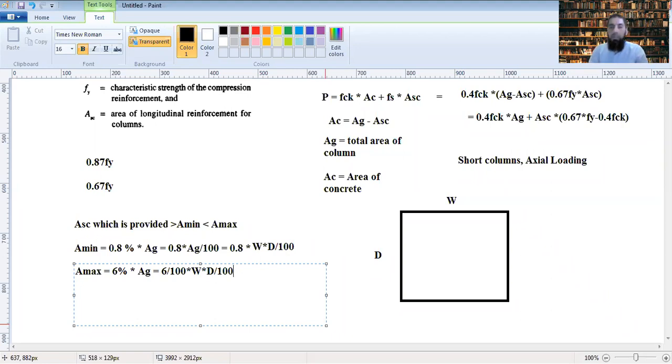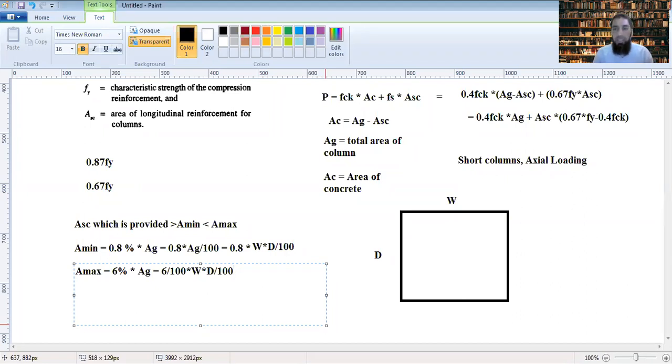Now there is a reason for providing both minimum as well as maximum. The reason for providing minimum, I have already discussed, is that you have to provide longitudinal reinforcement for the purpose of confinement of the column, such that there is not a lateral pressure developing in the column, and the column does not undergo tension in this direction. So we have to bind the column in a certain framework. For longitudinal reinforcement, we have to provide a certain amount, and that's provided by providing 0.8%.